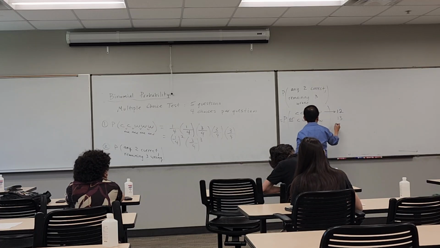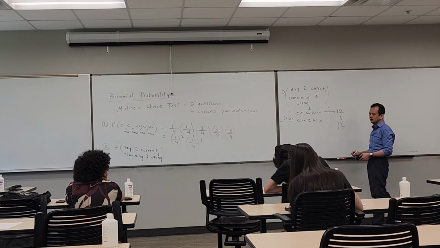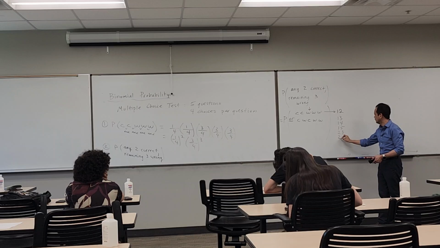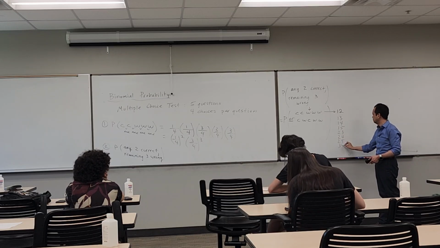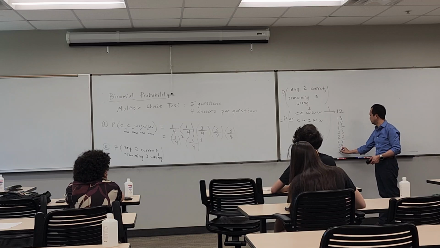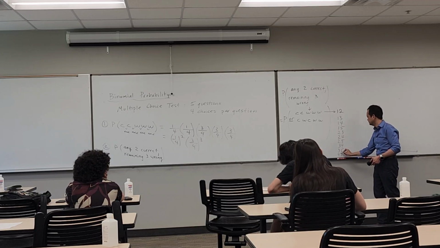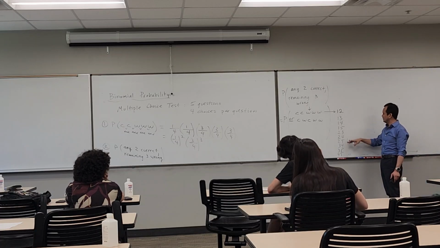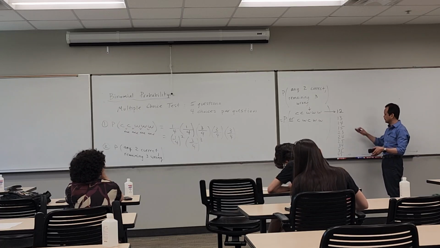1, 4. Yeah, 1, 4, 1, 5, 2, 3. Good. 2, 4. 2, 5. 3, 5. 4, 5. Okay, is that all of them? I believe so. Okay, so how do we know for sure how many there are in total without having to list them